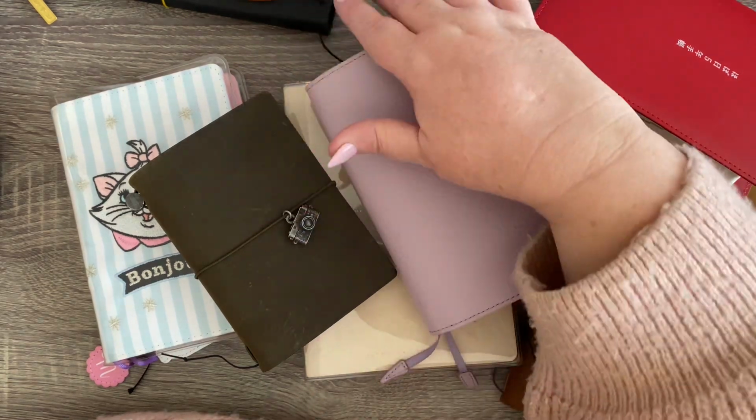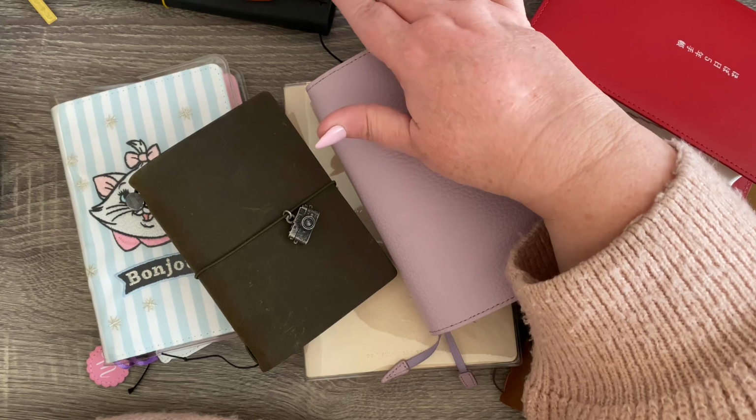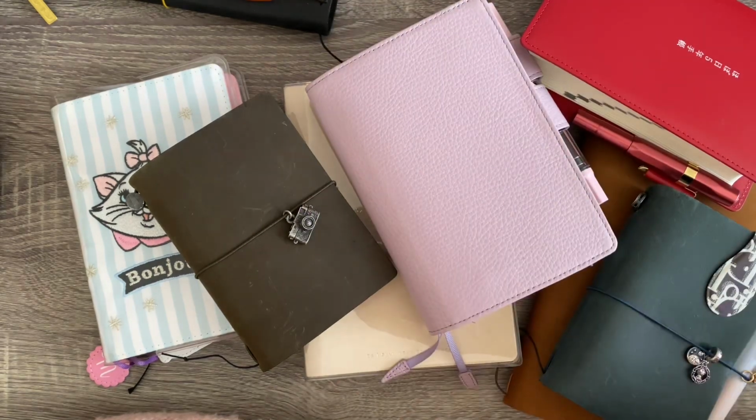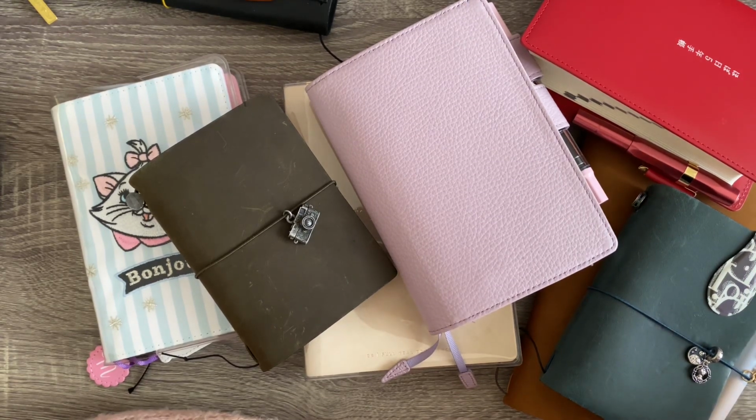I've had this black standard for quite a long time, but I haven't written in it yet, as you could see, because I think that freshness is scaring me. It's such a beautiful book. I've just been scared to write in it, but I will be today because it starts tomorrow, and I'm keen to start mapping out some plans for July, and also for